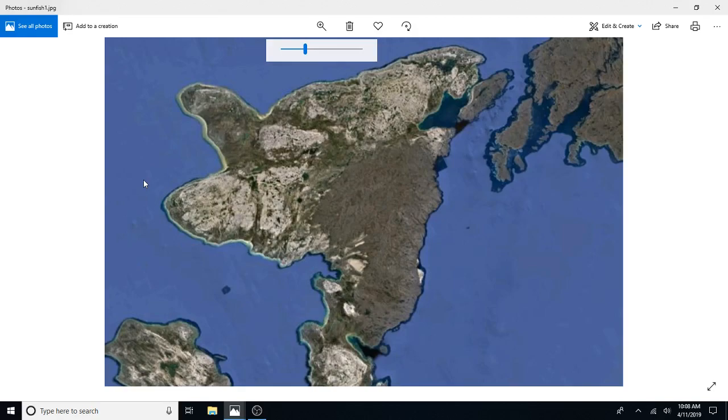Now, I said that this looks like a sunfish, right? Because if you know what a sunfish looks like, and if you look them up, this is really, really close to what a sunfish looks like. It is the same spot where the eye, a certain type of sunfish, the fin, another fin back here, another fin. So I showed this to a couple, and the girl's response was, "Well, that doesn't look like a sunfish to me. It looks like a giraffe head to me. So, therefore, I don't think